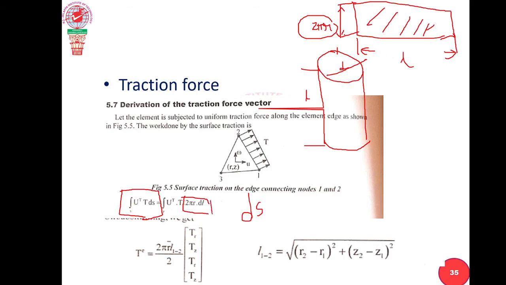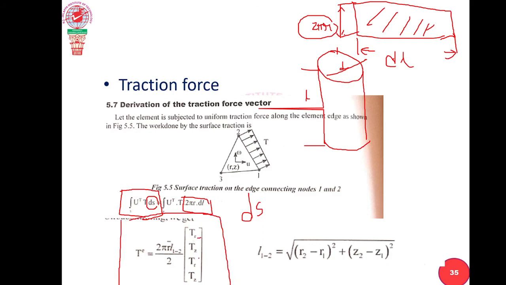That is what they have done here: 2 pi r into dl, with respect to a small elemental length dl, because we have taken ds here. Clear? These small things matter a lot, please keep this in mind. Therefore, after simplifying and completing the derivation, you finally get the traction force equation like this: 2 pi r bar into L divided by 2